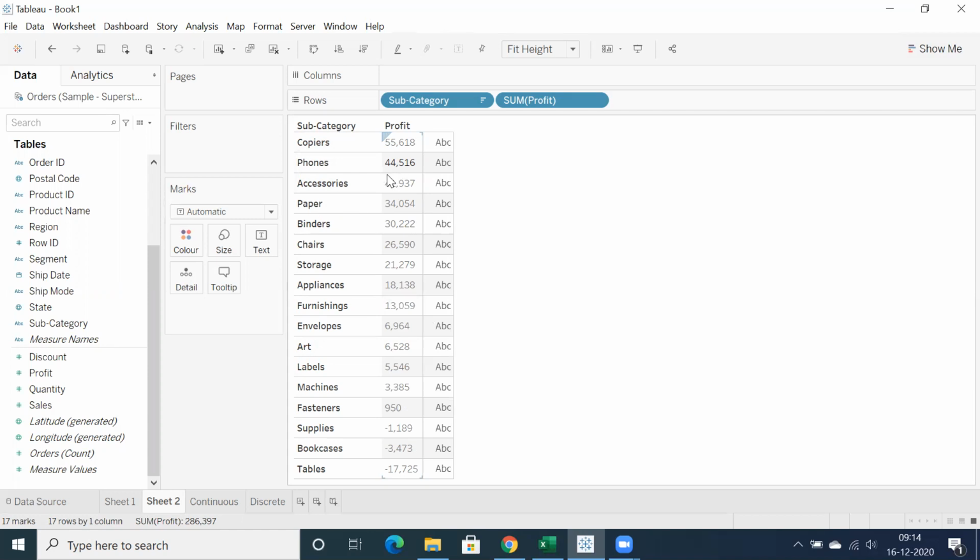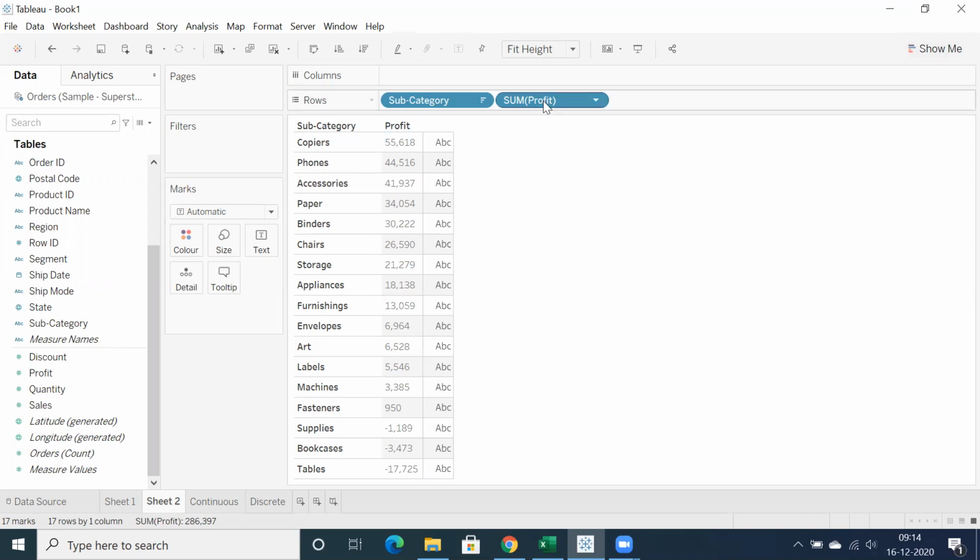So why do we need to convert it into a dimension if it can work as a measure? Perfect, excellent question. Before I explain why I have converted it, I just want to showcase one simple point.